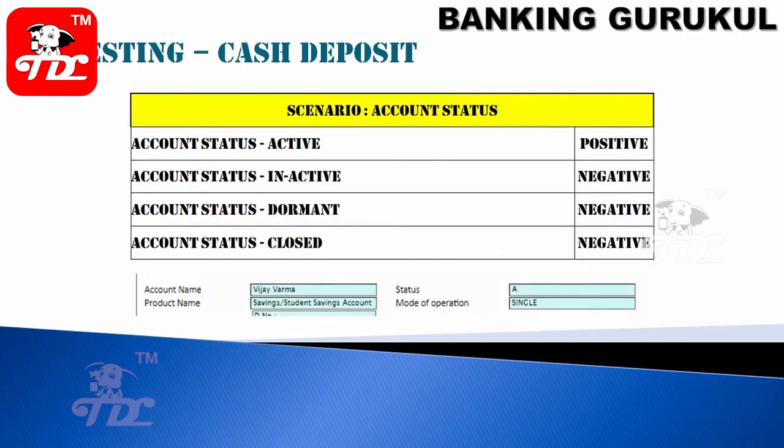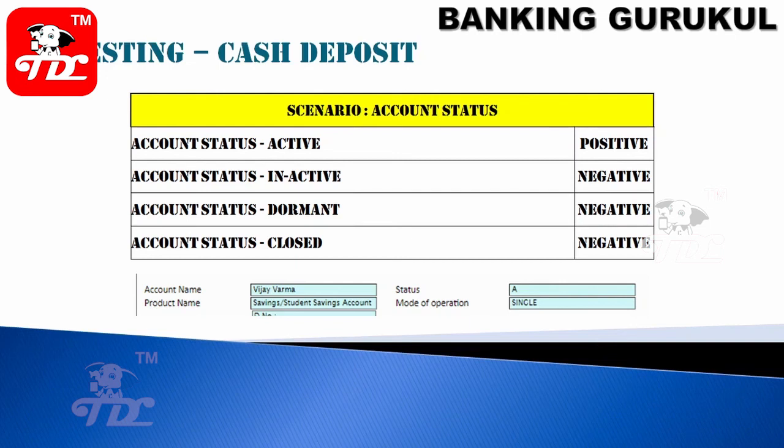Next, we are discussing account status. We have different account statuses. We have operating accounts like savings and current. Some accounts will be in active status, some inactive, some dormant, some closed. Inactive and dormant accounts have a restriction: you can't deposit money into an inactive or dormant account. Before depositing money into these types of accounts, we have to take proper manager approval, and they should be converted to active accounts, and only then can we deposit the cash.